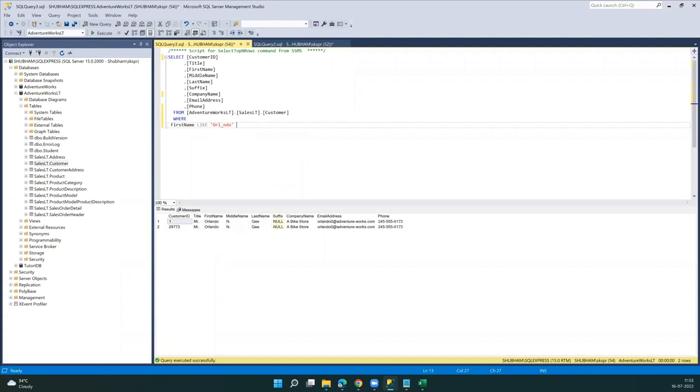Make sense? Someone has a question. Single character search. Satish Kumar is saying yes, correct. So each underscore means 1 character. Now this time I knew that Orlando has, I'm not sure about the spelling, whether it's A or E, hence I used